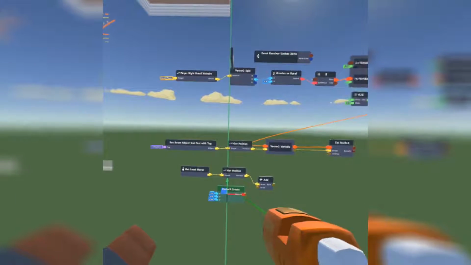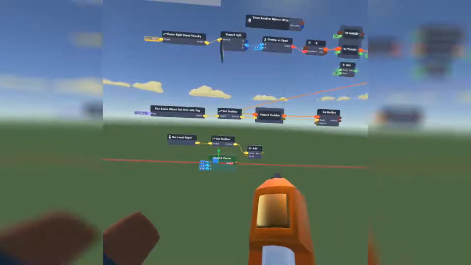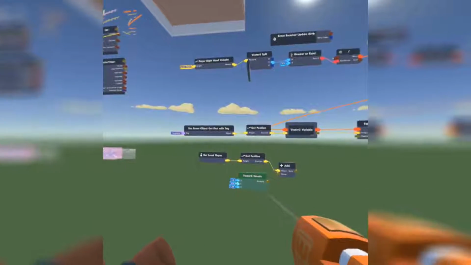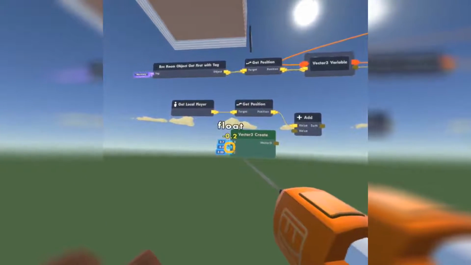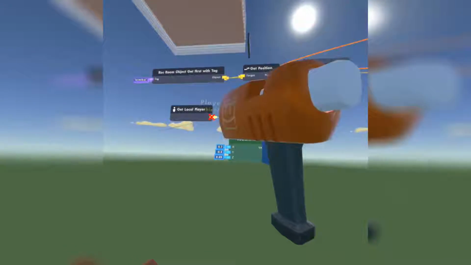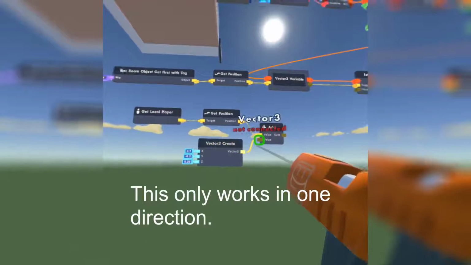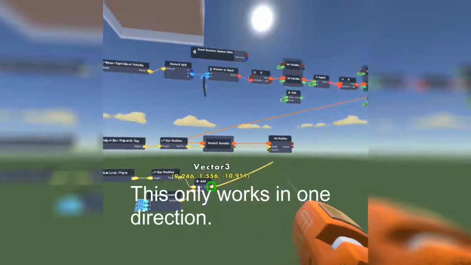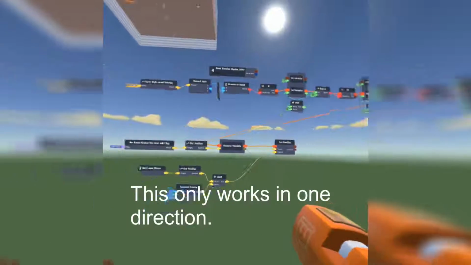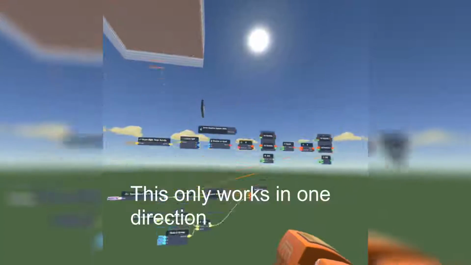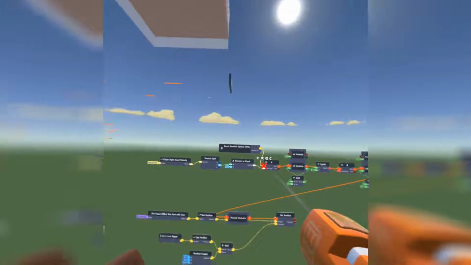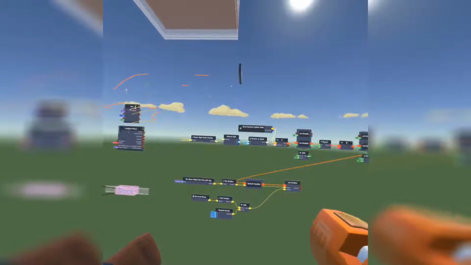Place this here. These numbers are good for inventory because it will make it so it's down enough. The X and Z values are good. So just go ahead and connect that there. And since we have that, go ahead and connect that to the position. And now when we go ahead and connect this to the update 30 hertz a second, this should spawn in